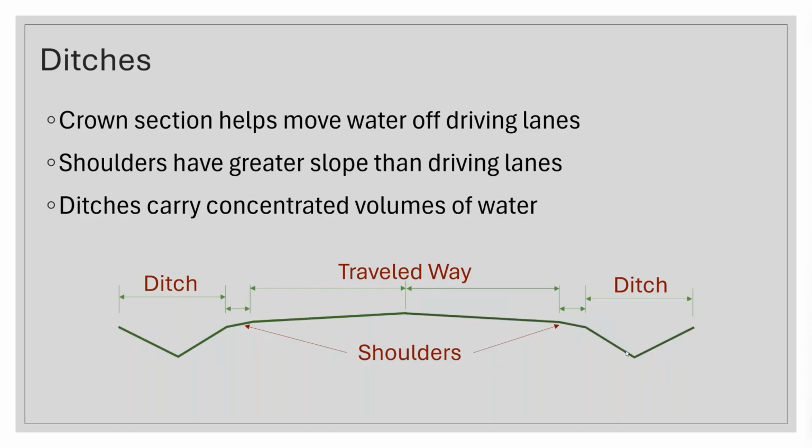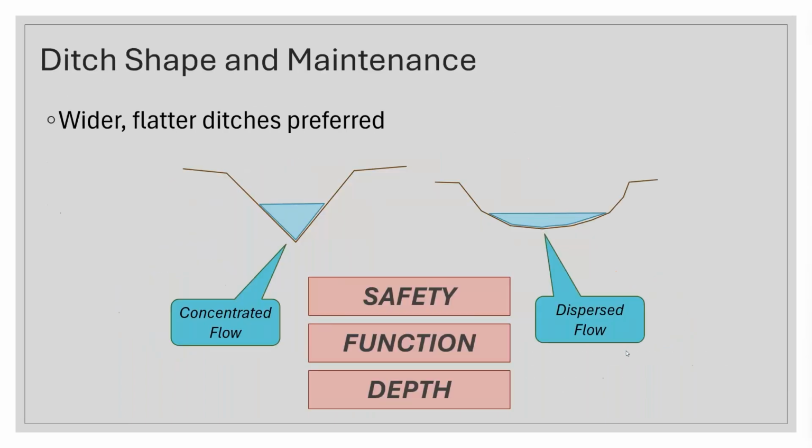And we don't think about it a whole lot because that's the typical cross section, but I feel like we should make an effort to quit making those nice straight little lines and put a curve out there in the ditch, because it will spread the water, which takes away some of its energy and helps prevent some deterioration and erosion in the ditches, also helping maintain integrity of the pavement section itself.